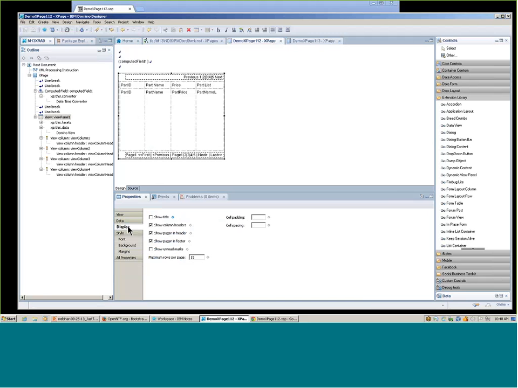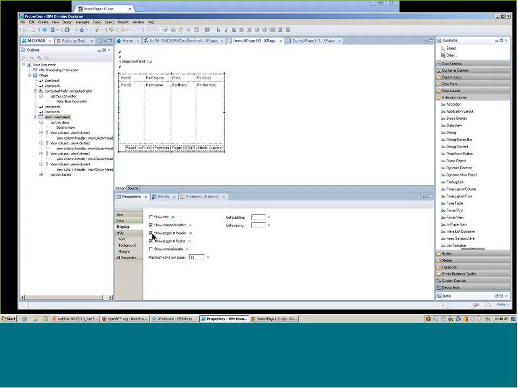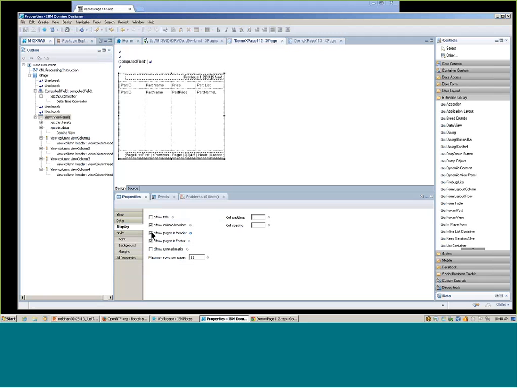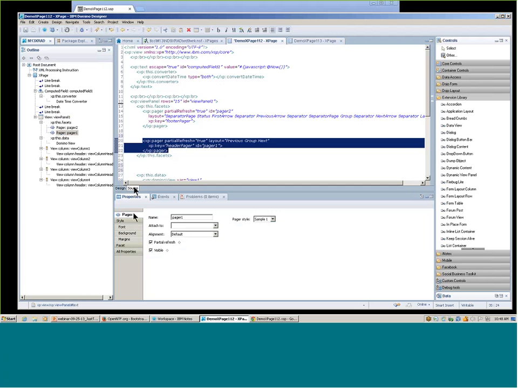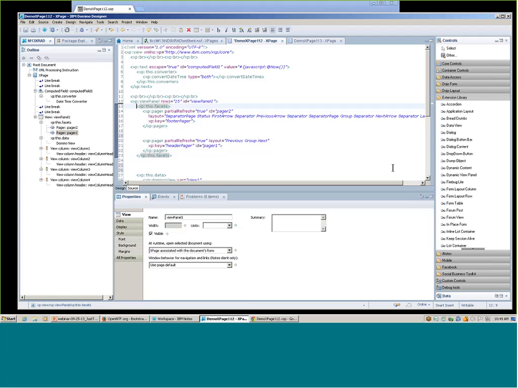On the display tab in the properties, I can choose to show a pager in the header and the footer, and let me turn off the header pager, so I'm no longer seeing a pager in the header, and I can turn it on again. Well, in fact, what's happening is if I select that pager, the one in the header, and switch to the source, I can see that there is a this.facets tag.